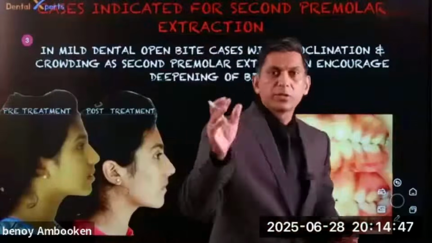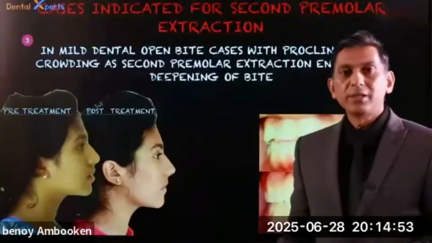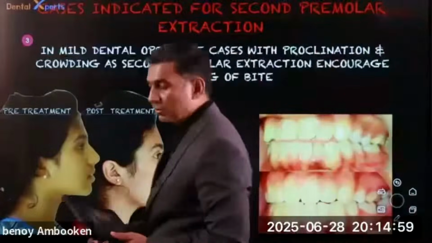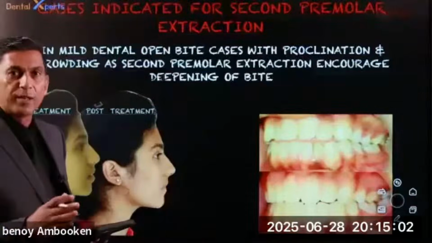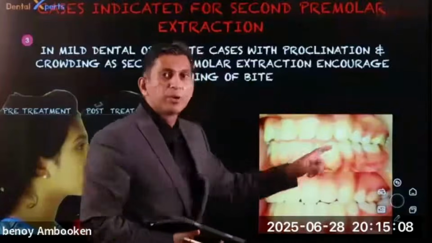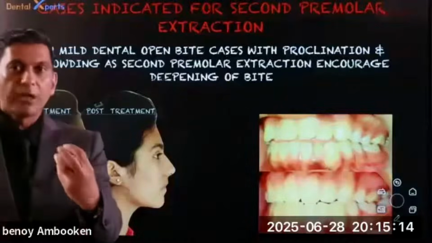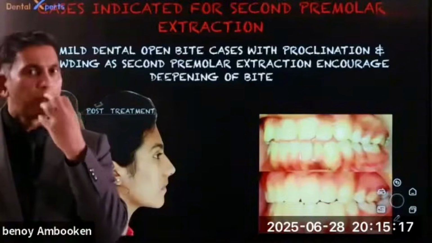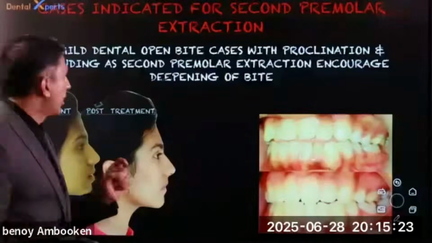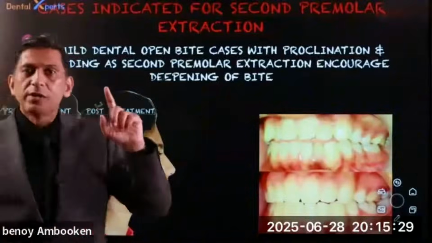Third case, this is where many of the doctors get confused. I earlier told an acute nasolabial angle dental open bite is a case indicated for first premolar extraction. Now I am telling a mild dental open bite with acceptable profile, with minimum crowding, is a case indicated for second premolar extraction. So don't get confused. If you have an acute nasolabial angle, dental open bite, good amount of dental proclination, case indicated for first premolar extraction. If you have a mild dental open bite with minimum proclination and crowding, it's a case indicated for second premolar